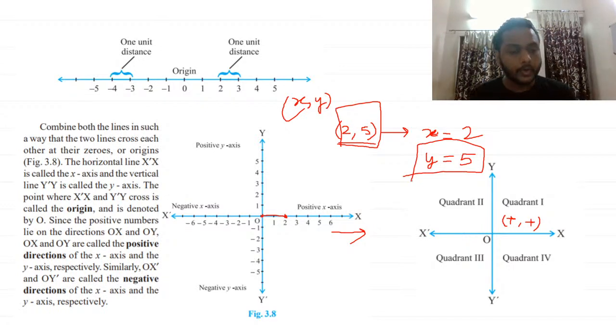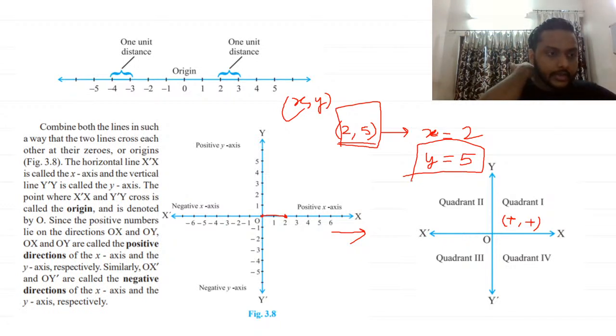Right, obviously you will be going upwards. आप अपने ओरिजिन से ऊपर जाओगे. क्यों जाओगे ओरिजिन से ऊपर? क्योंकि आपका y क्या है? पॉजिटिव. तो अब हम क्या करेंगे गाइस, when your y is positive and when you are moving above the origin,